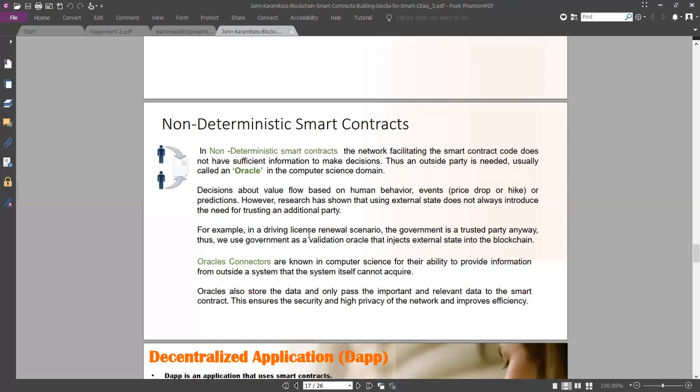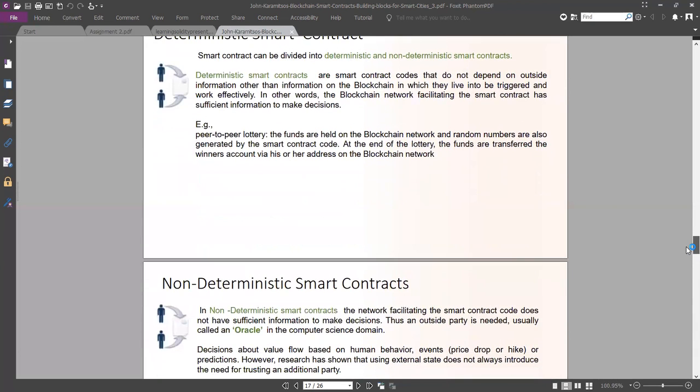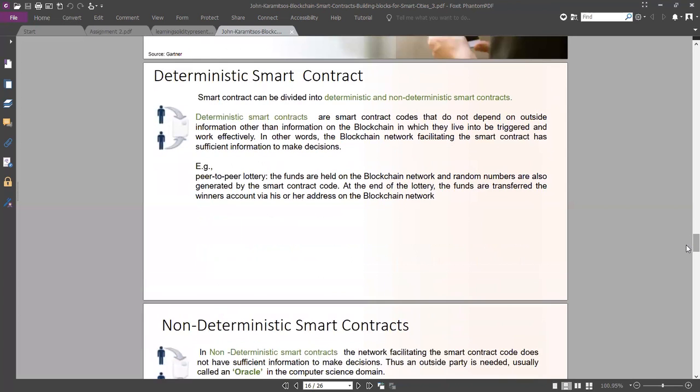So I felt I needed to share this before we move on, because it's important to know that we have two types of smart contracts: the deterministic and